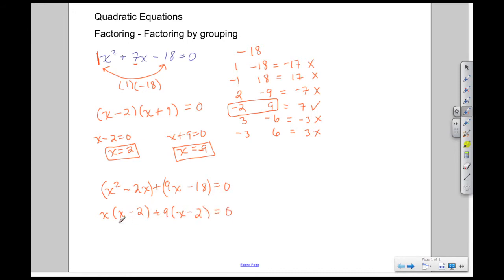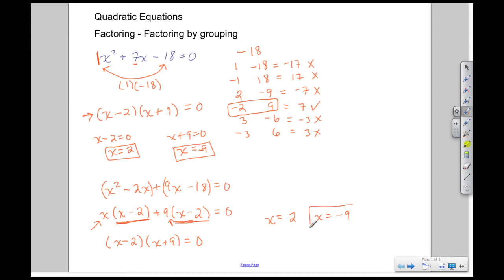And I know I'm doing the right thing because now I have two terms, but parts of those terms have a common factor. And that common factor is x minus 2. So I'm going to factor out an x minus 2 from both terms. When I factor that out from the first term, I'm left with an x, which is what we see here. And from the second term, I'm left with this 9, or actually a plus 9. So notice that I still come out with this same step that I had up here: x minus 2 times the quantity x plus 9. Again, if I set each one of these factors equal to 0, I still come out with x equaling 2 and x equaling negative 9.